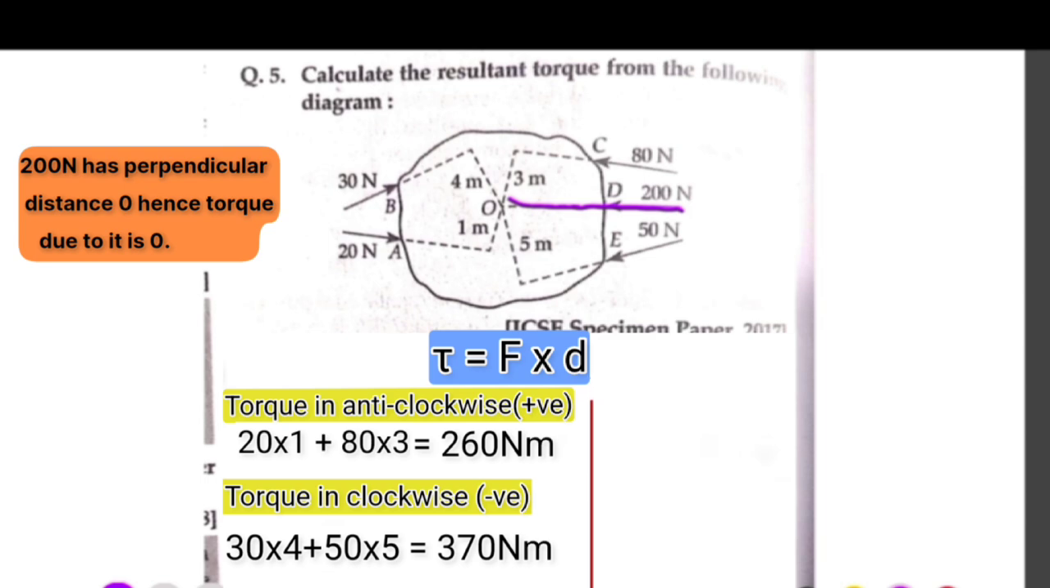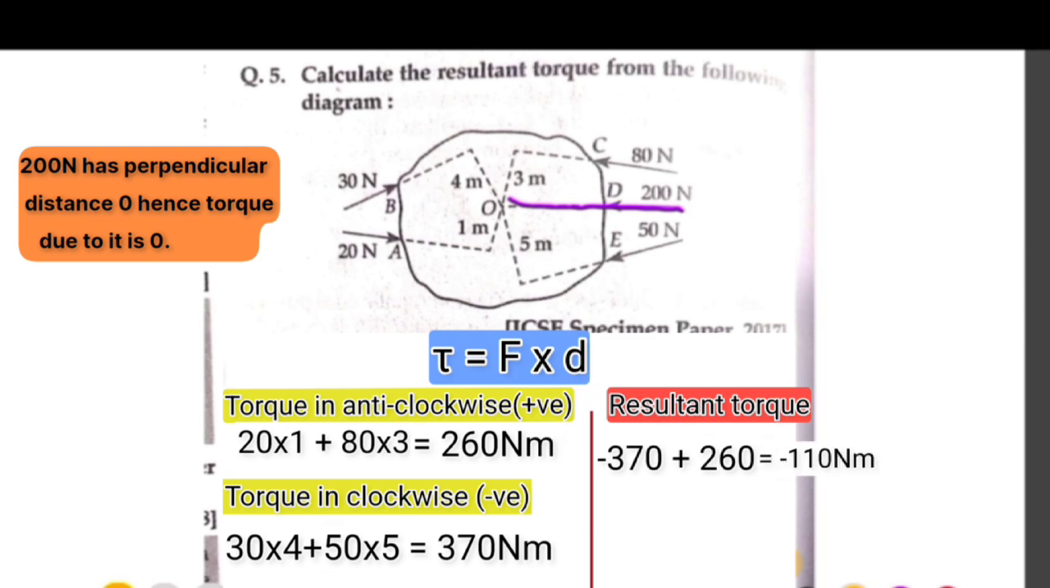So the resultant will be: the clockwise moment is equal to minus 370 Newton meter and the anti-clockwise moment is equal to plus 260 Newton meter. So the resultant will be the difference of the two, which is minus 370 plus 260, which will be minus 110 Newton meter. The negative sign indicates that the resultant moment is also clockwise. The clockwise moment is given by the negative sign. So if we find the resultant of these two, minus 370 plus 260 will give us a result of minus 110. So the net result